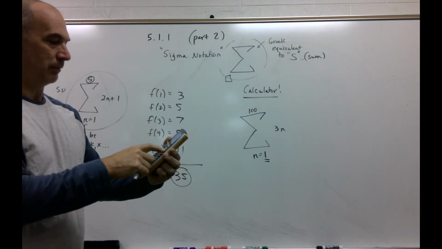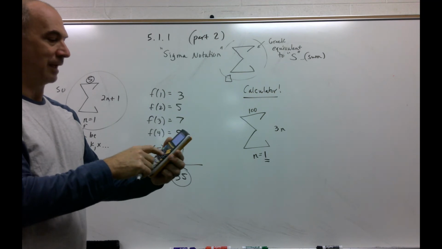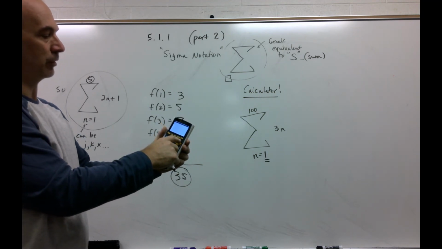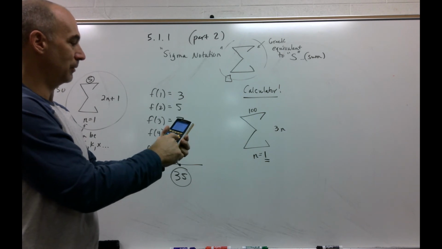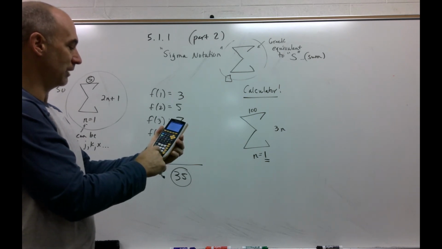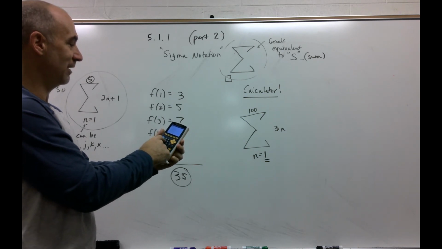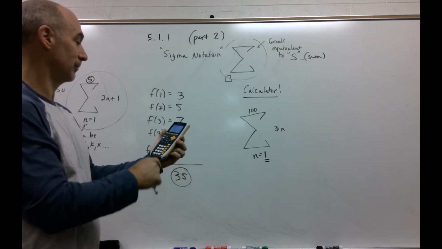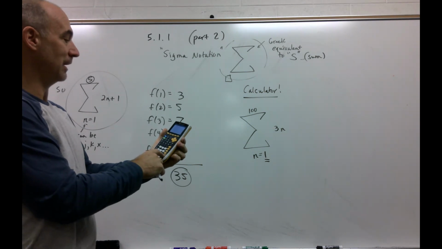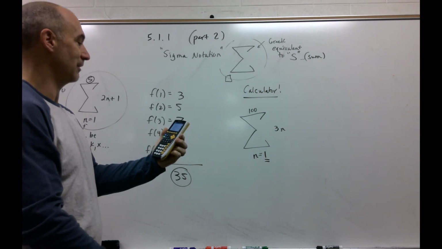And then I hit the cursor up. And I'm going to type in 100. And I'm going to hit the cursor to the right. I'm going to type this equation in, 3x. I couldn't find the letter N on my calculator, so I'm using X. Then I do a big old thing by hitting the button, and it tells me it's